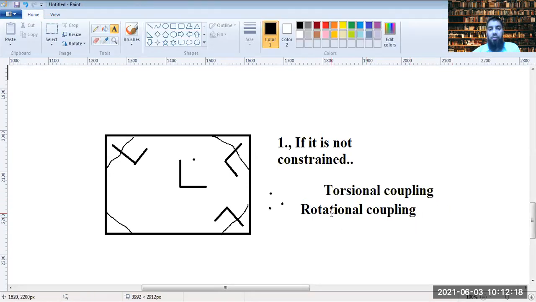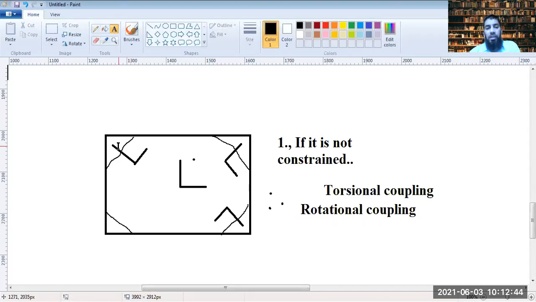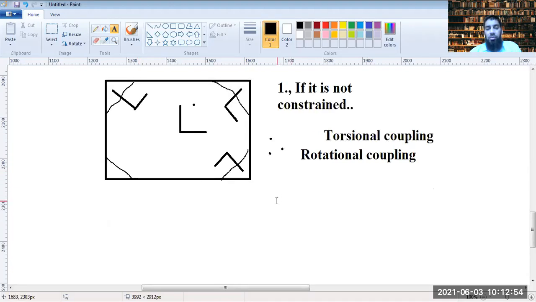Now you would have seen, if you take a disposable plastic plate and you load it up, if you are putting that plate onto something, if it's loaded more, it would lift up from the edge, and if it's a square one, the corners of it would lift up first. So that's due to rotational coupling, with one movement quite larger than the other one. Thereby, the corners lift up first. So that was the first case.